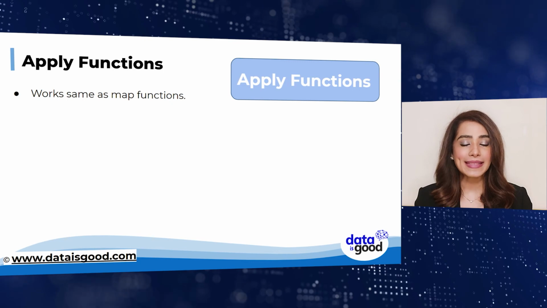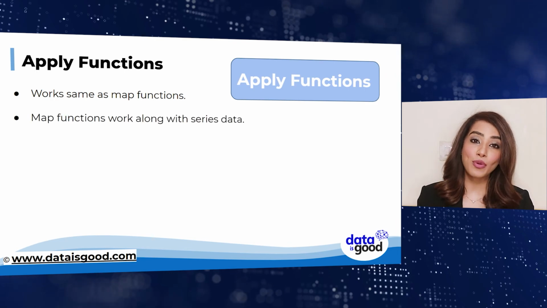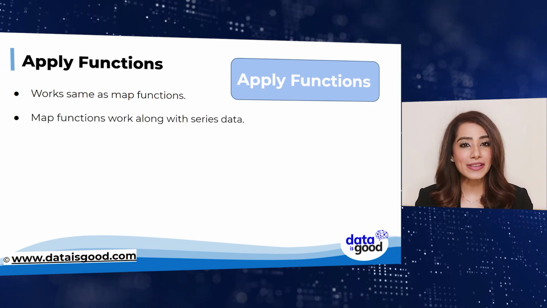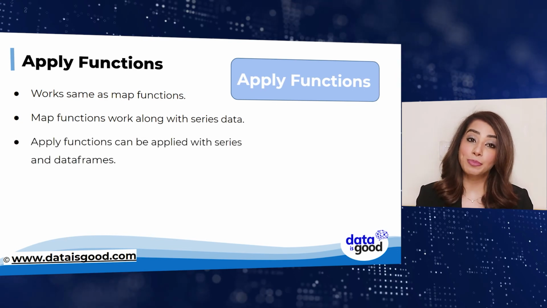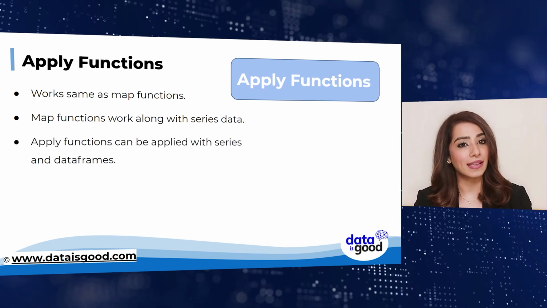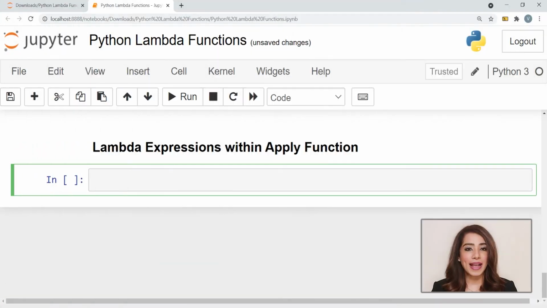There is a very basic difference between map and apply function, and that is a map function can only be used along with the series data, whereas the apply function can be used with both the series and the data frames. Now, as we have already known about the map and apply functions, let's implement them on a data frame